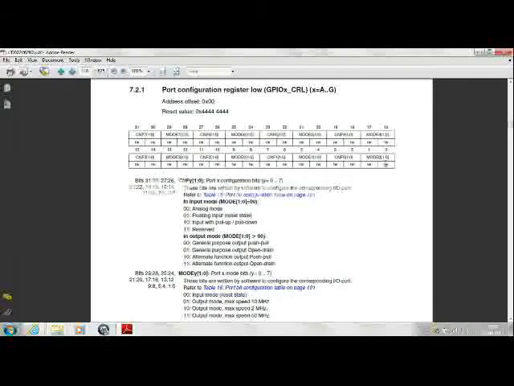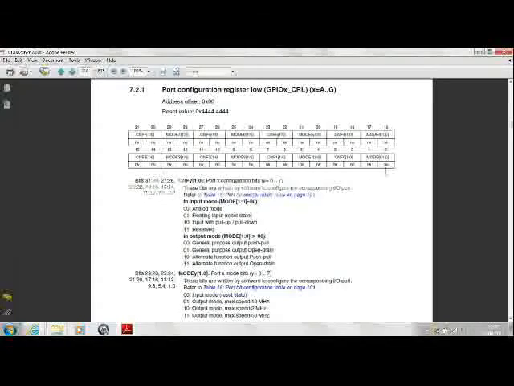That will make the port pin act as an input pin, and the next two bits, the CNF X bits, can take a value of 00 for analog mode, 01 for a floating input, 10 for an input pull up and pull down option, and 11 is reserved.